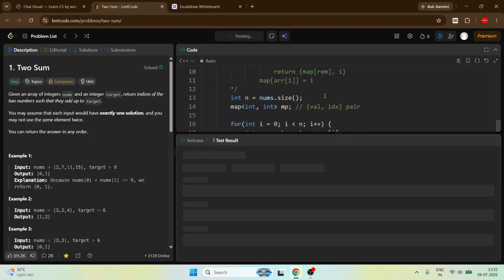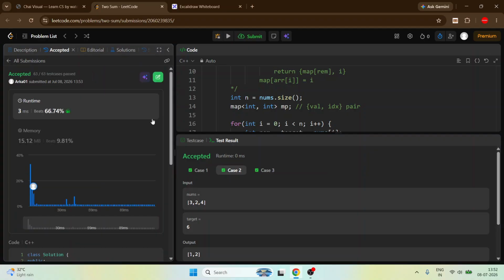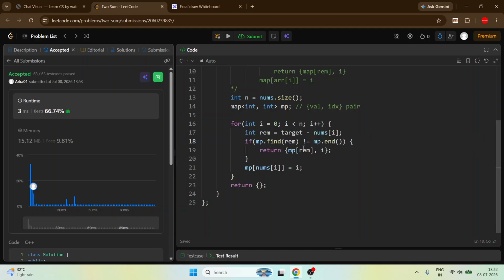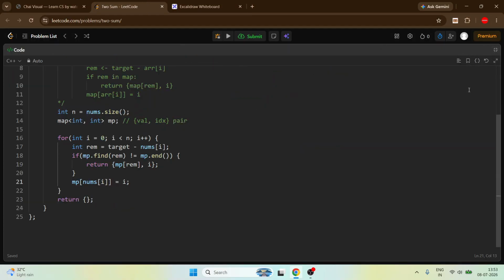So just run it. Then submit it, it should work. Yes, it's working. We traverse the array only once, so the time complexity will be big O of n, where n is the size of nums.